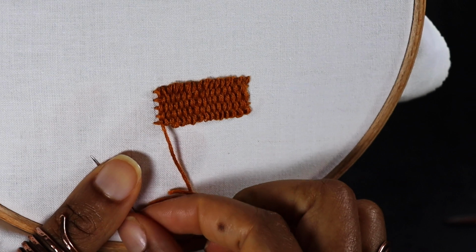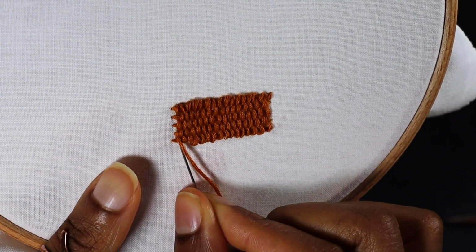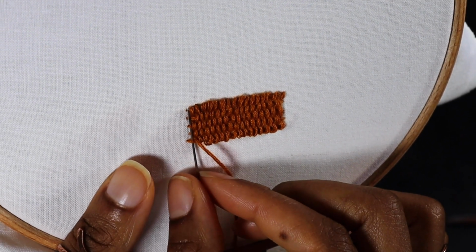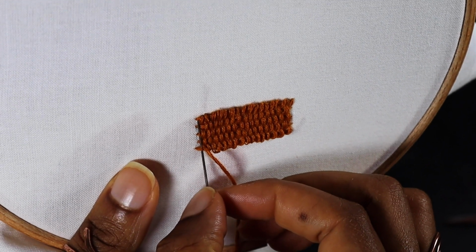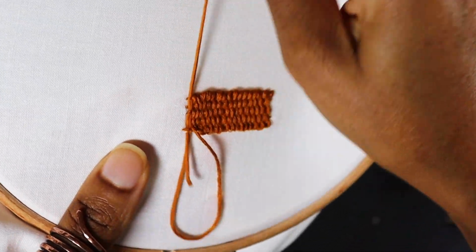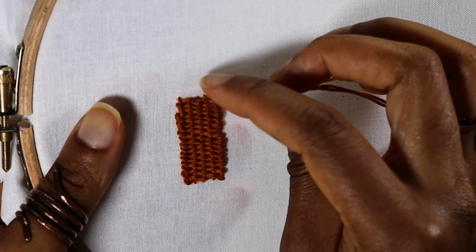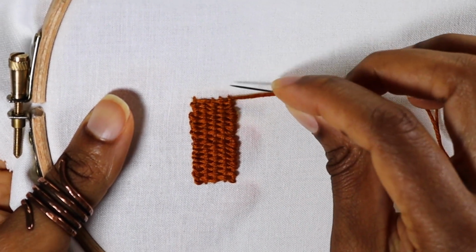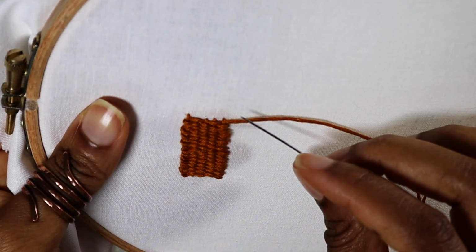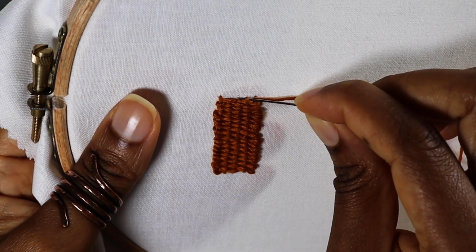Okay, so we're just coming to the end of this now, and I'm going to try and get in as many rows as I can to finish this off. I don't want it to be too tightly packed, so I'm just going to keep checking. I think I'll do one more because I can just see at the top there's just a little bit of space. So we go